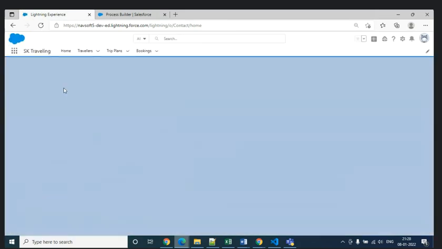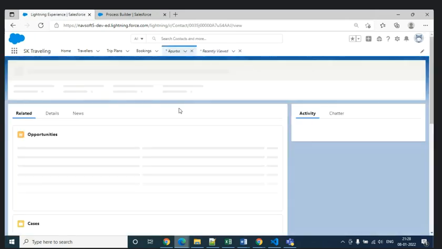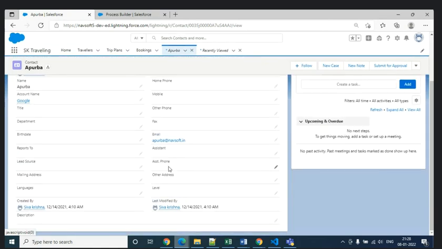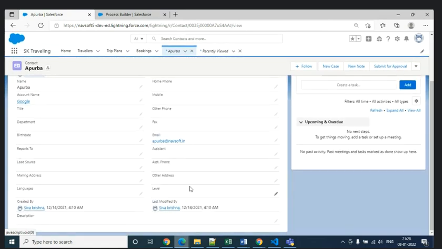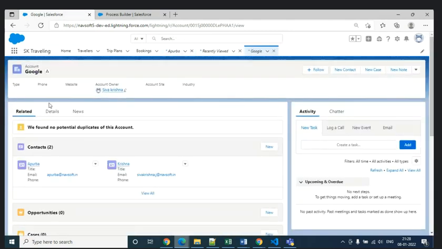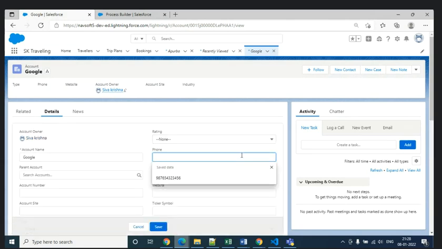Go to the contact. So this is a contact. So on top of it, if it is an account, and that account has a phone number, that will update automatically on the contact.